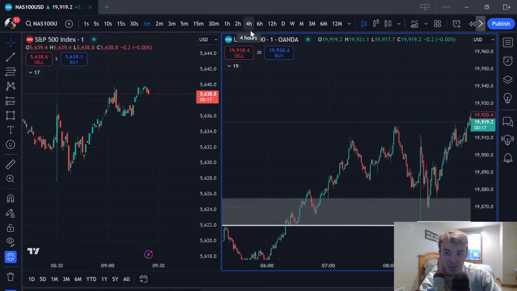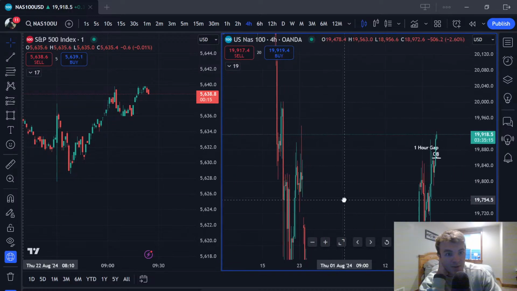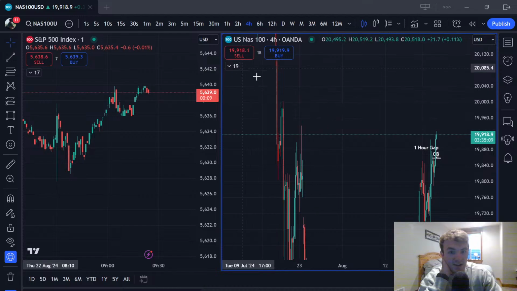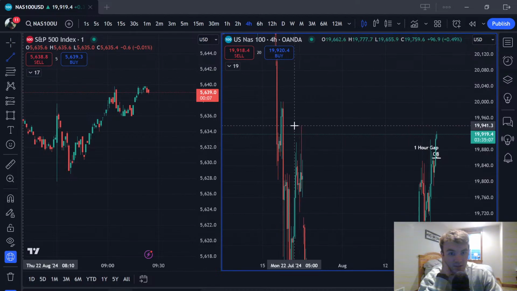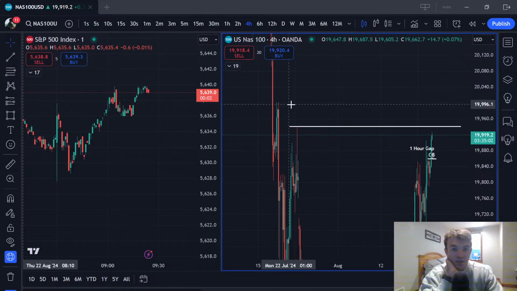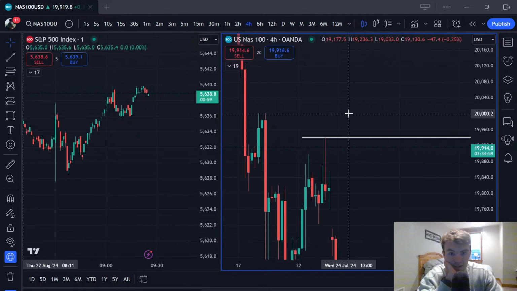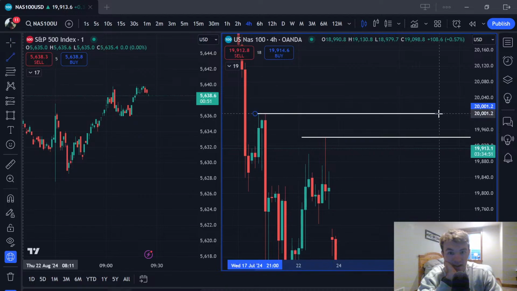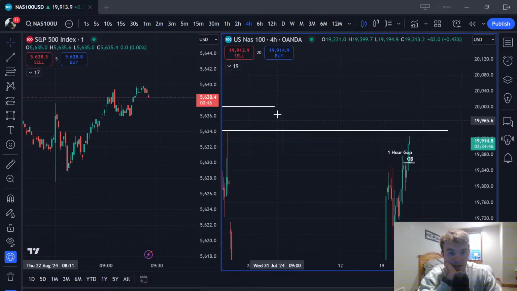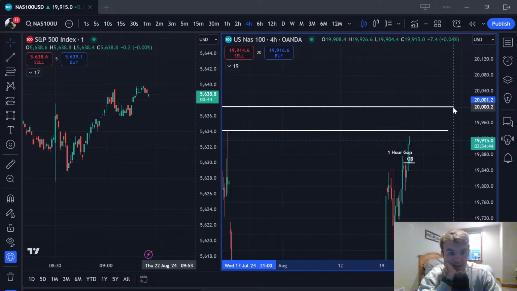So let's try and see where the drawn liquidity is, because that's important. Looks like the drawn liquidity is this high and these equal highs. So let's mark this out. Boom. These are pretty strong equal highs, so that's the clear drawn liquidity. Honestly, I don't expect price to come back and take this data low right away, probably not until these equal highs get taken. I could be wrong, but